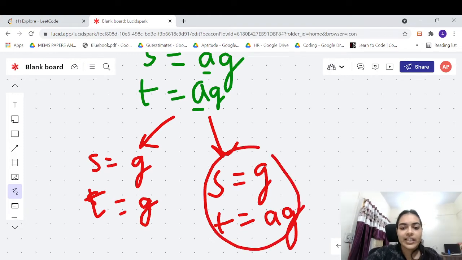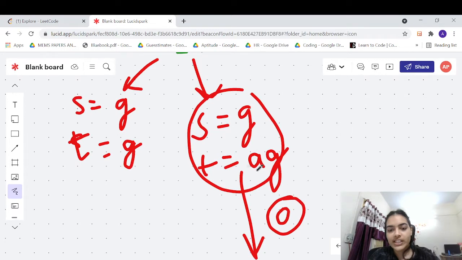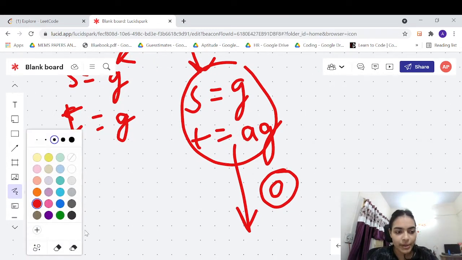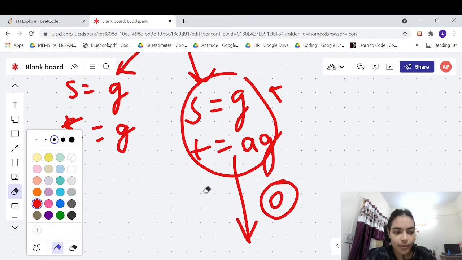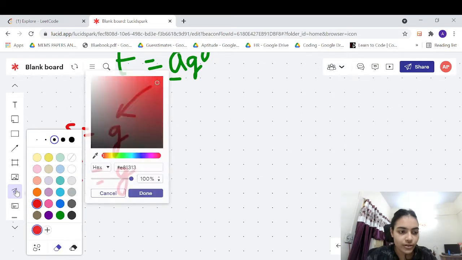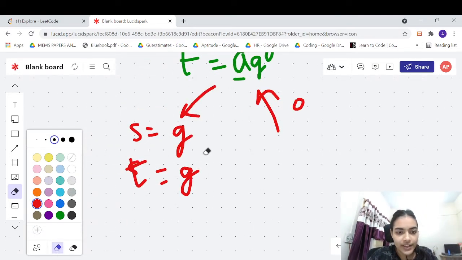And we can very clearly see, if we go down in these cases, answer will be 0, right? We can go down and still try to list all the cases. Finally we'll reach a situation where we will not be able to make AG using just G. Okay, so you have to make the string AG using G, but how can you make that? You cannot make it. So all these calls will anyway backtrack to 0. So there's no use going down and finding out all those calls. And this call will finally return.